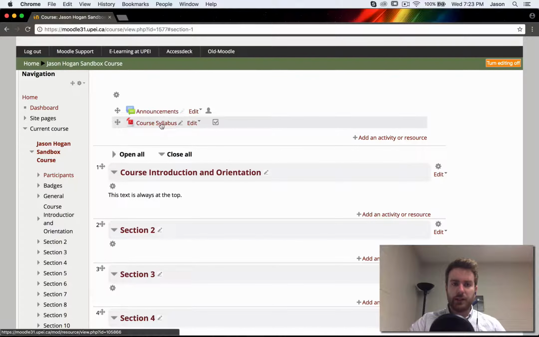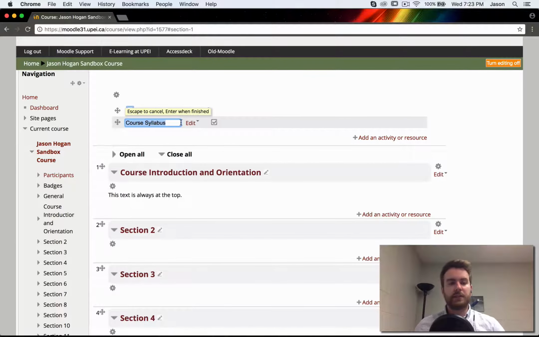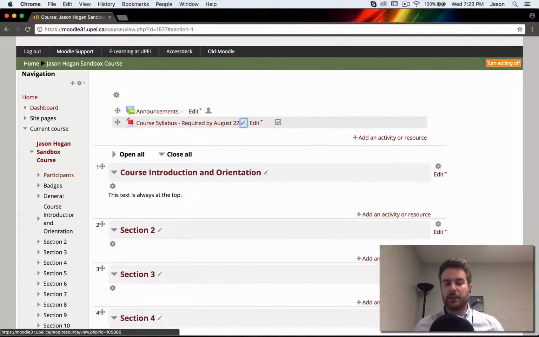So if we look at the options here, we have very similar options to what we had on our section. We have that multi-directional arrow that we were just using. We have the pencil icon. So if my file name is different than what I want this to appear in my course, or if I want to add a note like that, where it's not in the file name, so my file name in this might be course syllabus